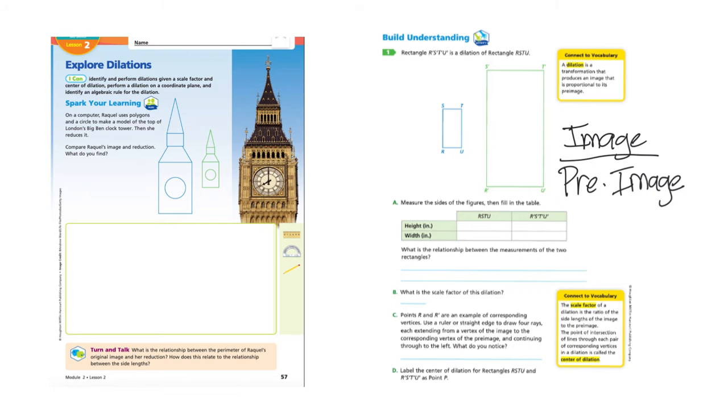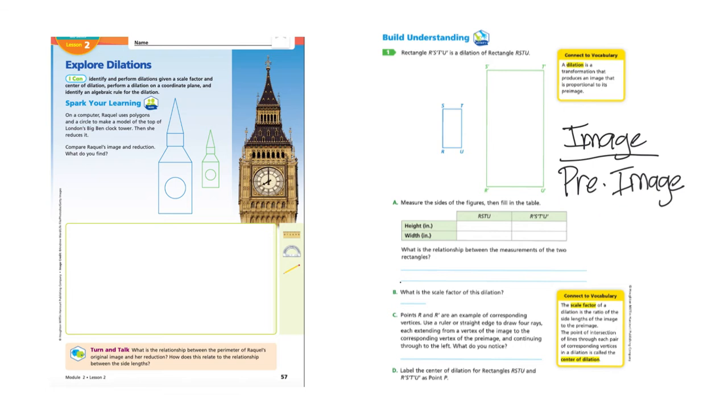If the scale factor is between 0 and 1, that means it's less than 1. That'll mean that you're going to have a reduction. If the scale factor is greater than 1, it means you'll have an enlargement. And so that'll make a big difference. That'll help you out when they tell you the scale factor. So then that's for this one. What is the scale factor? So you'll use this